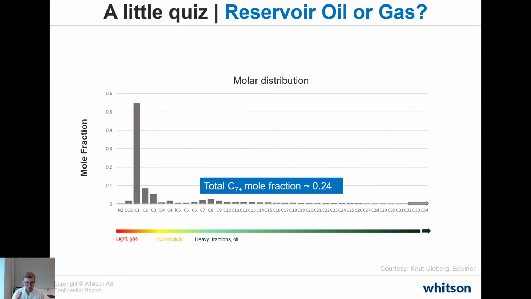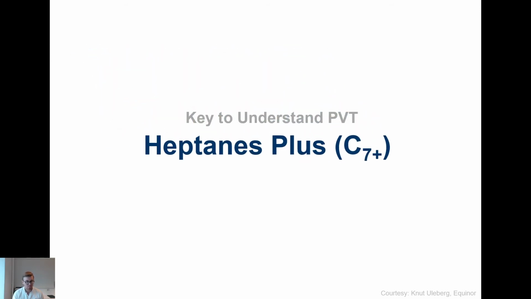So that's the second learning: a key thing to understand is heptanes plus, so C7 plus, and how you characterize that if you do reservoir fluid characterization. If you would like to understand compositional measurements, a lot of the information you can find in C7 plus, or just looking at that particular number and the associated